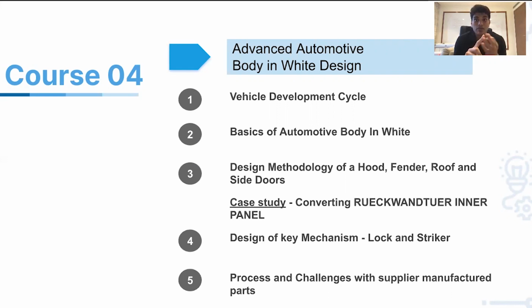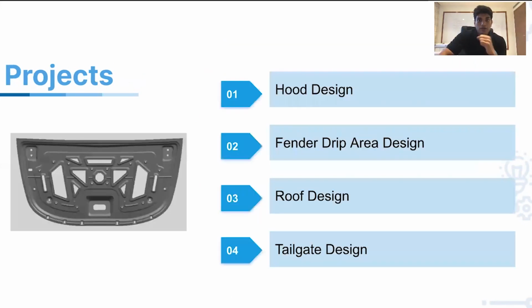What are the safety requirements? So basically, when a frontal crash happens, the force does not propagate and pass on to the passengers. It needs to dissipate sideways. So that's your crash or safety requirements. What is your gap and flushness? So basically, it comes back to GD&T. So all these concepts for every component is what you will be learning in this particular coursework, right? So as I previously said, these are the projects: hood design, fender, roof, tailgate, right? You basically take a look into all these projects and you will work on these projects as well.